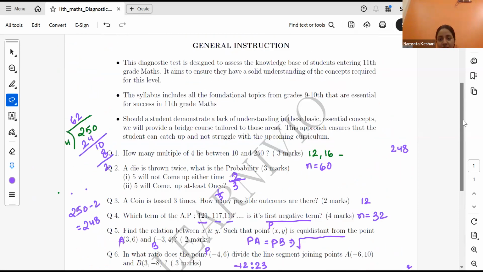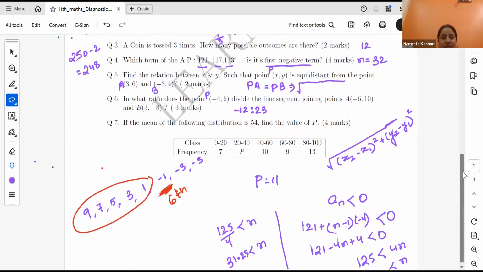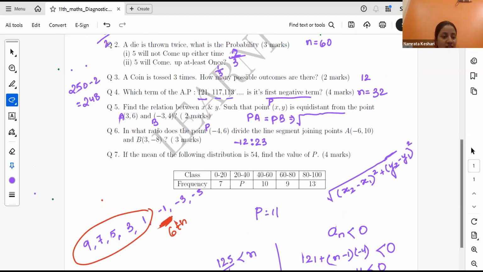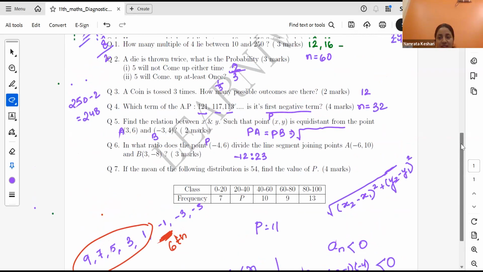Miss, can I change one answer? Which answer do you want to change? The third one. Yes, please do change. Okay, because I need to, after